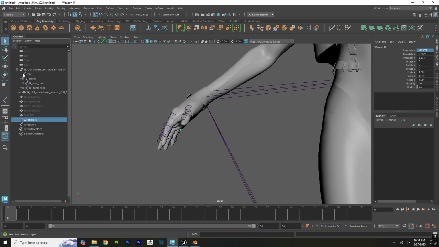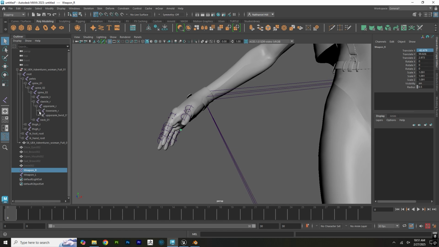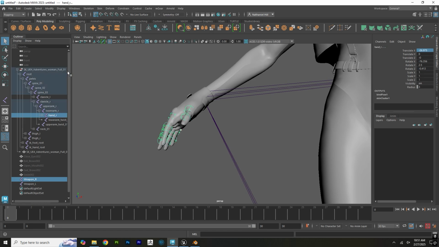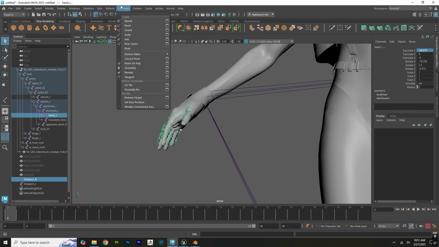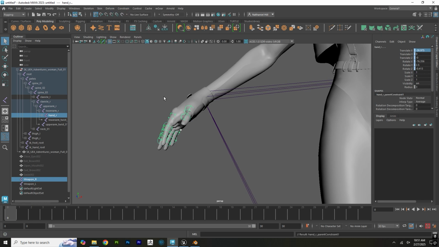Then in the outliner here, we need to navigate to the right hand. So it'll be under clavicle R, upper arm, lower arm, hand. Control click on the hand. And we want to go to skeleton. No, we want to go to constrain parent. So now if we select that hand and we go to rotate mode,